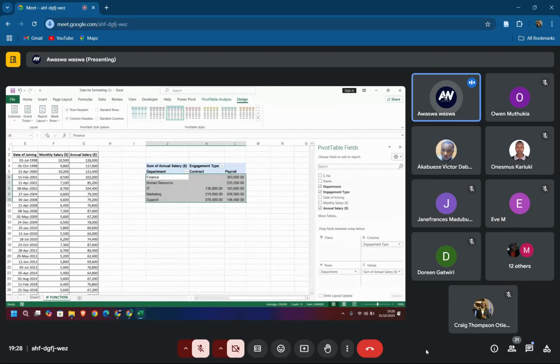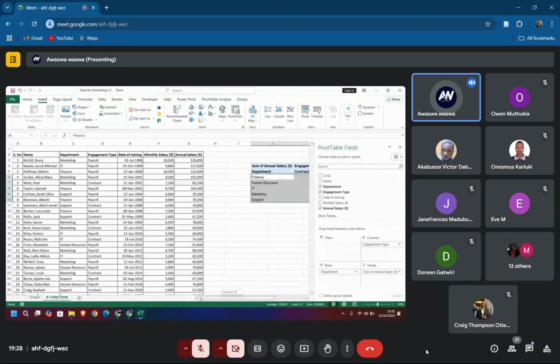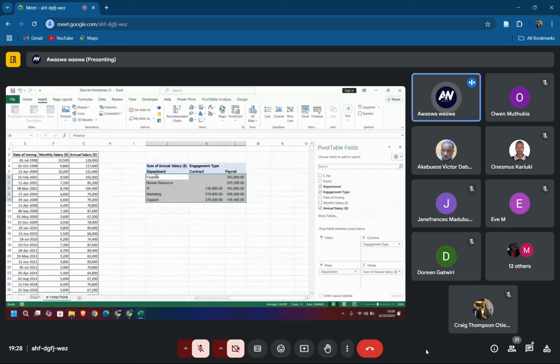Sometimes you can decide to just do that quick analysis, maybe to just understand your data set. It does not mean that you have to do it when you are finishing up, or when you are doing the hard or advanced stuff. Sometimes during your initial analysis, or your initial understanding of the data, you can decide to come and create